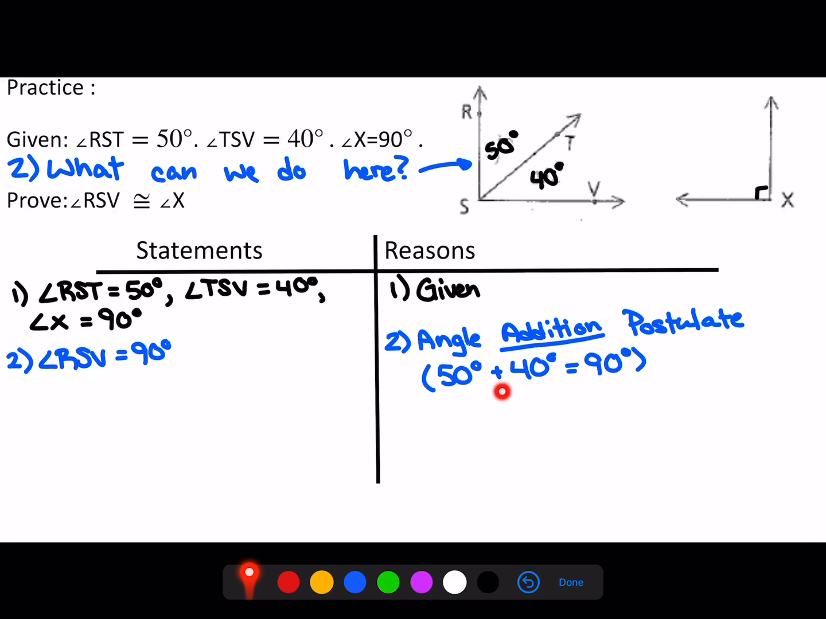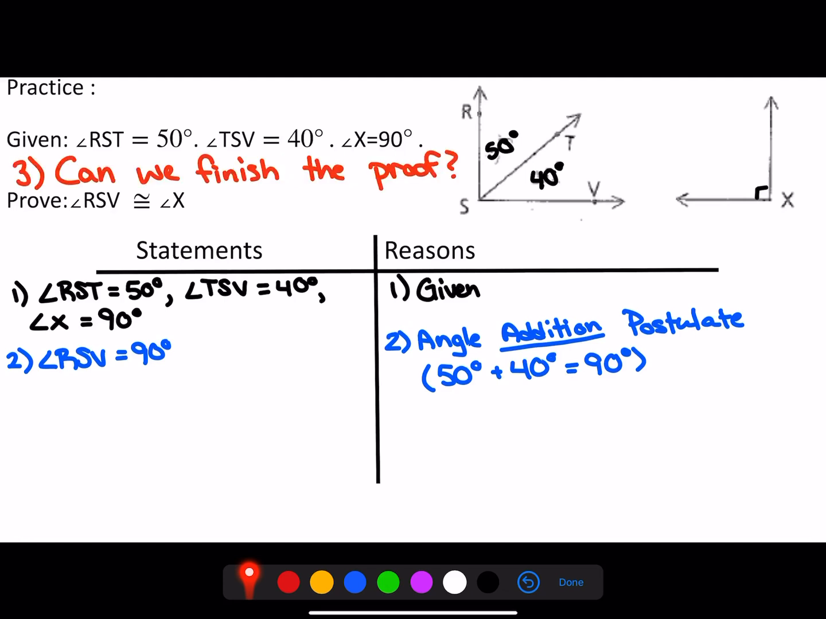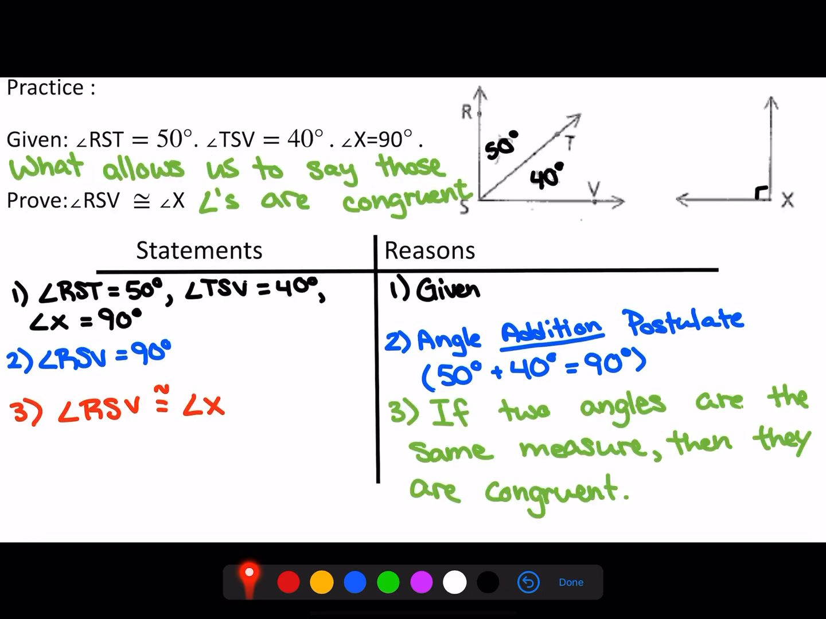At this point, can we finish up the proof? Well, we know that angle X is 90. We know that angle RSV is 90. They're the same angle measurement, so are they congruent? Absolutely. So I can say angle RSV is congruent to angle X, because if two angles are the same measure,